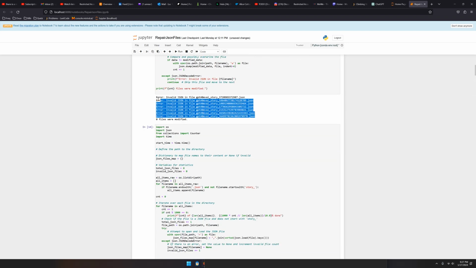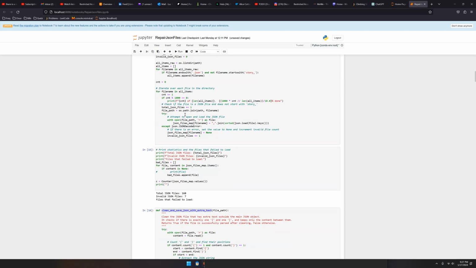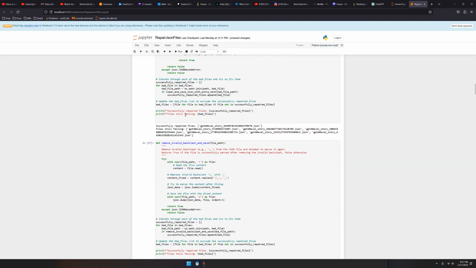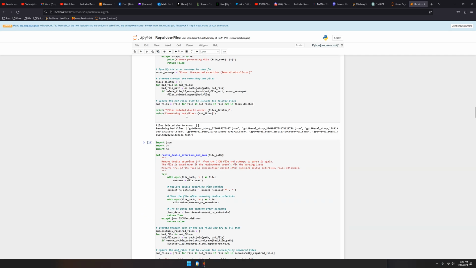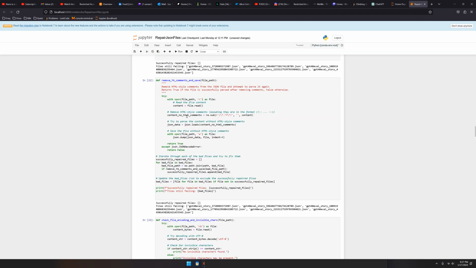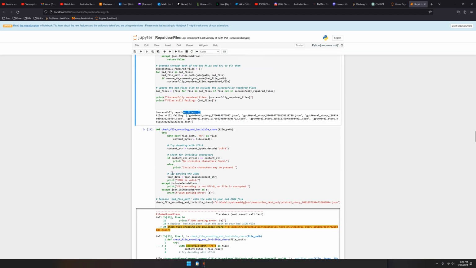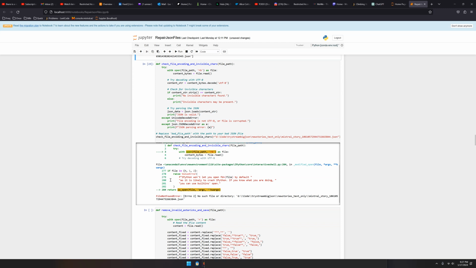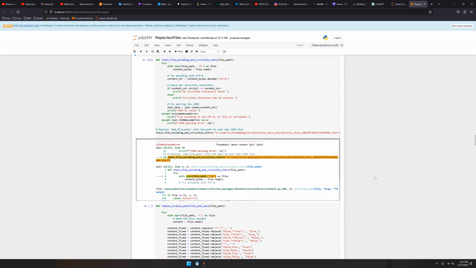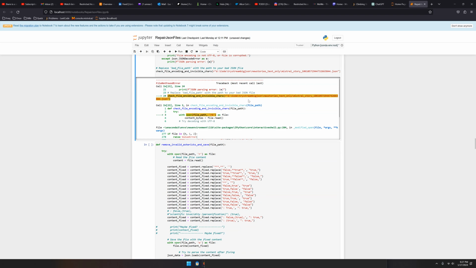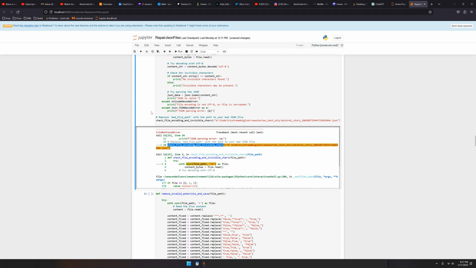Okay, we are way down on the number of invalid JSONs. So, okay, nothing. No such file or directory. What in the hell is going on? Check file encoding.